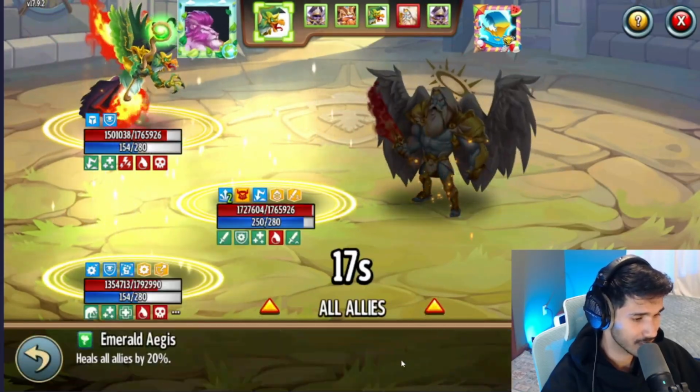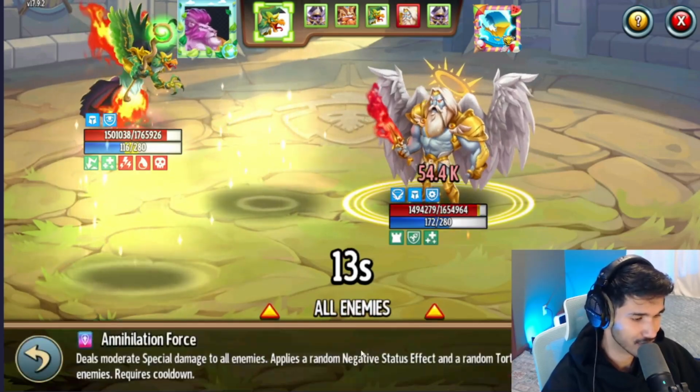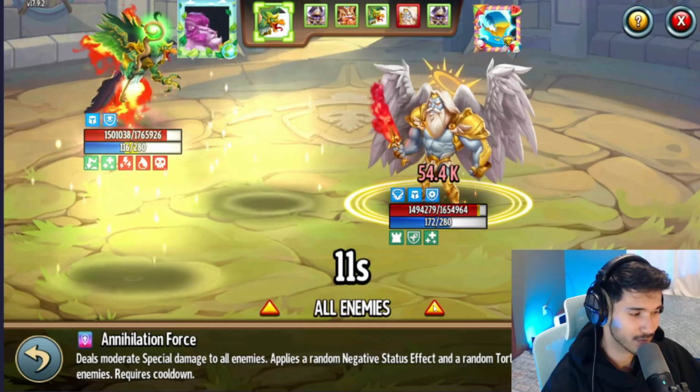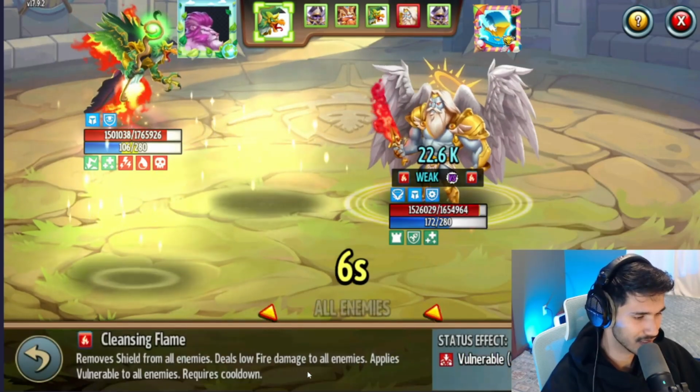We could do vulnerability. I think that would be a good way. Or look at this, Emerald Aegis if you want to use it again. Or you could do a random elemental weakness with random torture, although the torture is not going to land because he has torture immunity. But I'm going to do